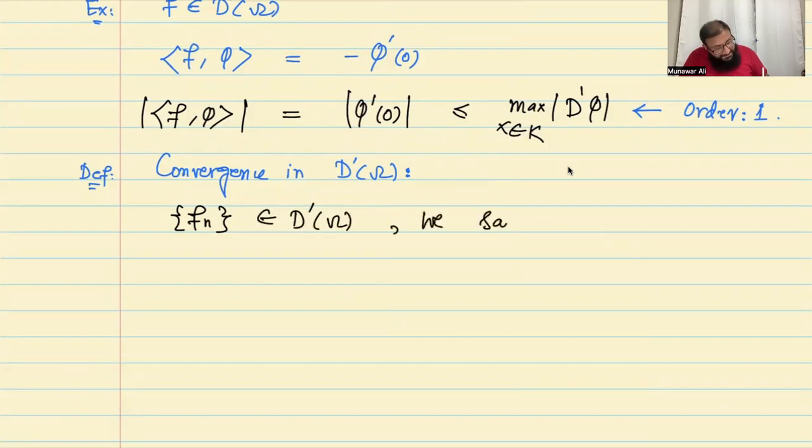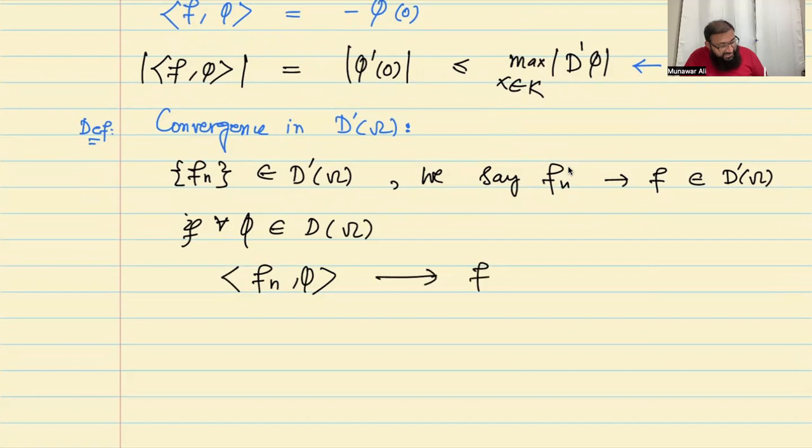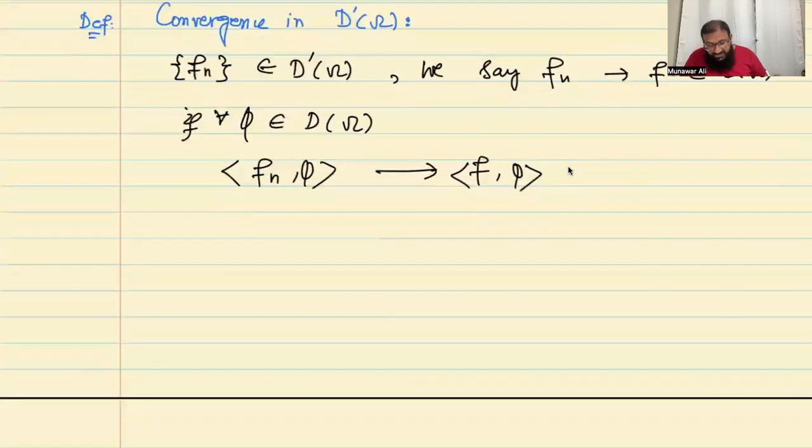We say this sequence converges to some f in this space of distributions, which belongs to the space of distributions, if whatever phi I take from the test functions, f n operated on phi should converge to f operated on phi, and this is named as